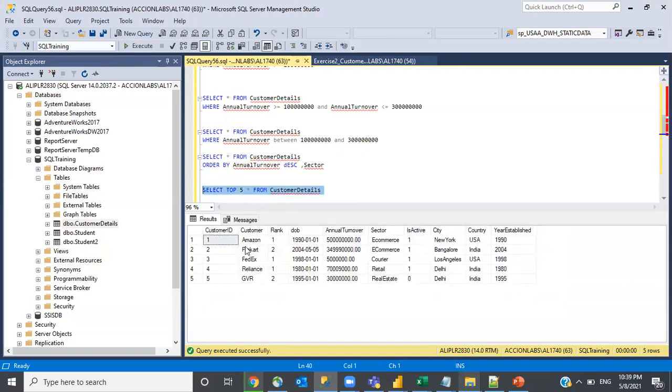But on what basis is it showing the top five? Basically, whichever record was first entered into this table, it picks up that record and then followed by the second record like this. But I don't want to simply pick up the data as it was entered into this table. I want to pick up the top five based on the annual turnover. So in that case, what you need to write is ORDER BY